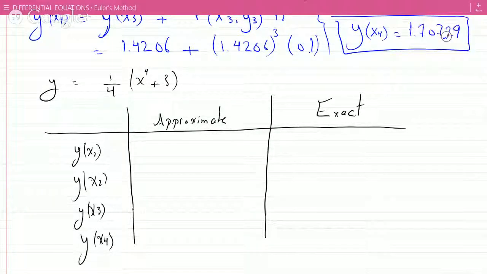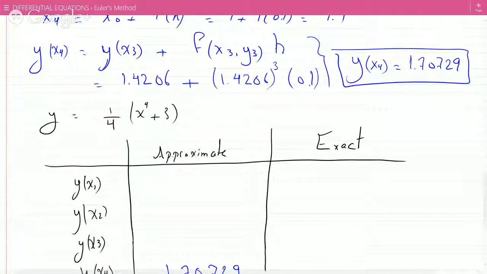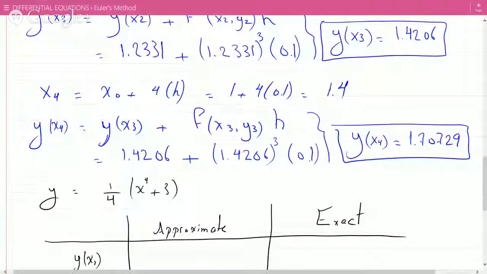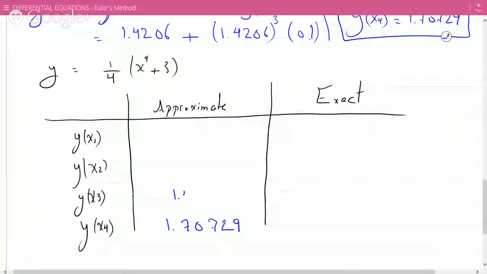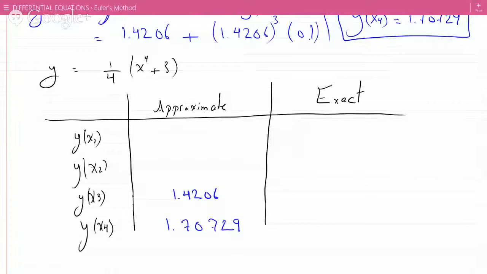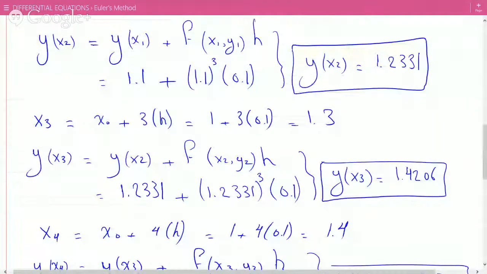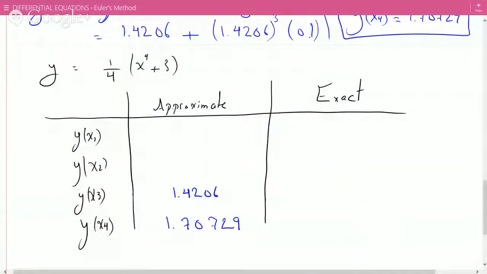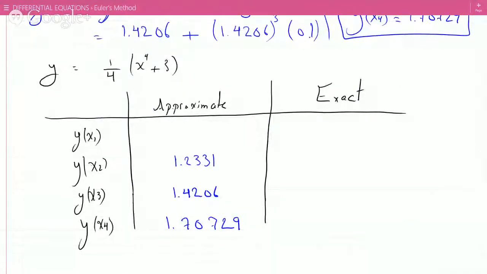So this is 1.70729. The x3 was 1.4206. And x2 was 1.2331. And the first one was, oops,